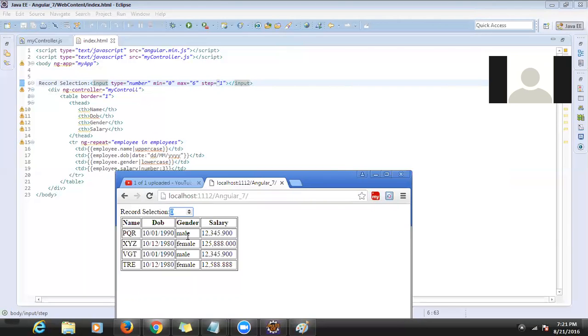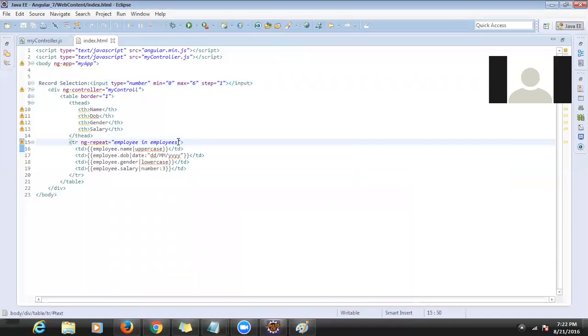No, it's not. But the records are not being controlled. The records are always displaying everything, correct? So now we have to control these records by using this number. What do I have to do? I need to save this into the session. So whenever we are changing this number, we have to dynamically update the records. So I need to give some name for this text field,